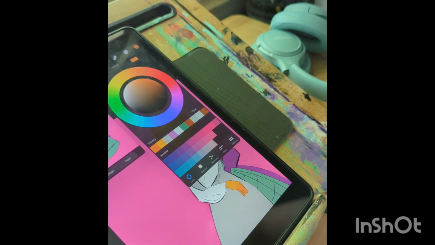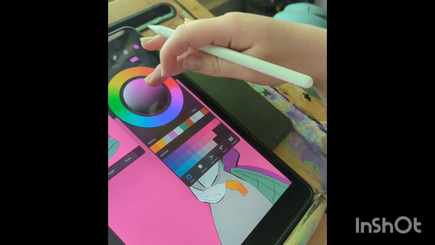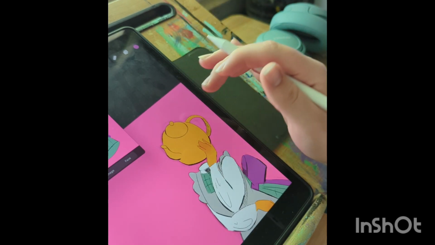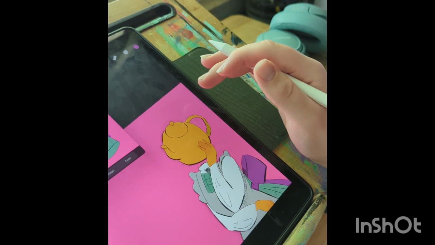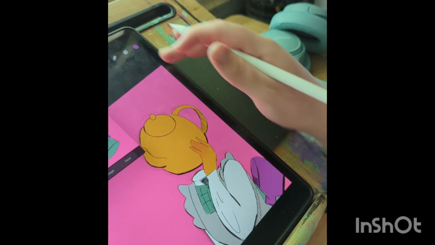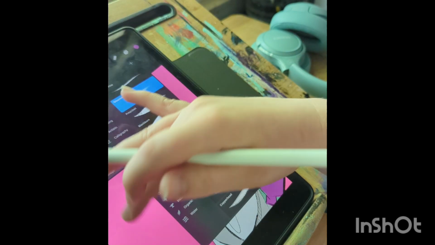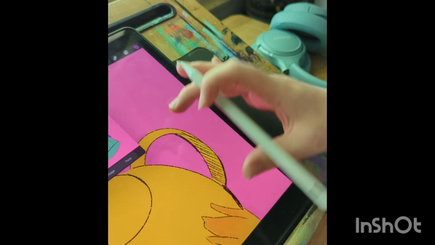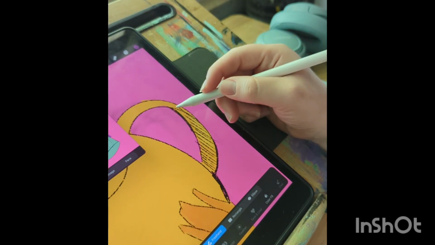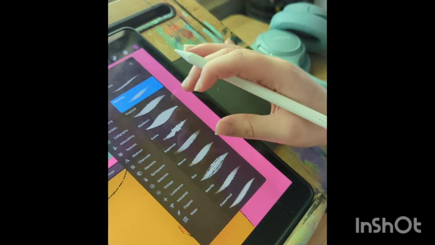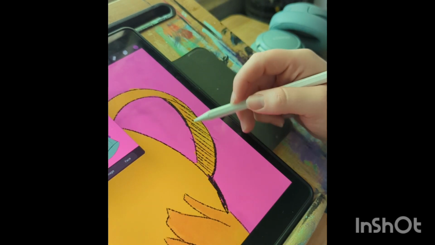I think I'm going to use like a dark pink at first. Or should I use that as a bounce light? I don't know how to do this. You are learning with me, so I apologize. But I'm going to keep the gloaming brush on just to give it some texture. I'm going to first start with the handle.